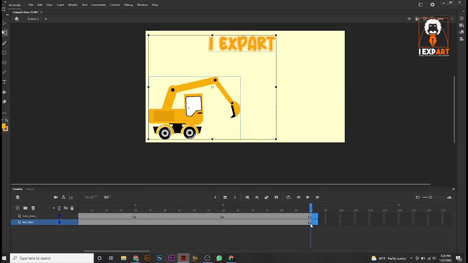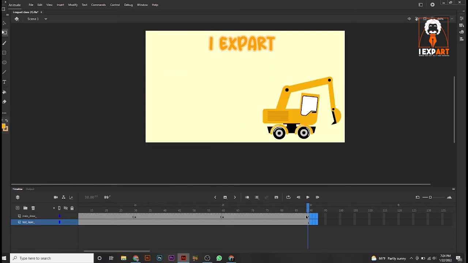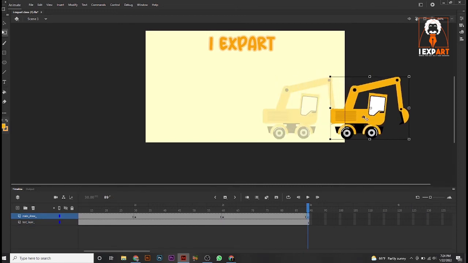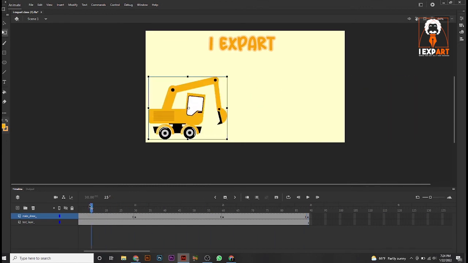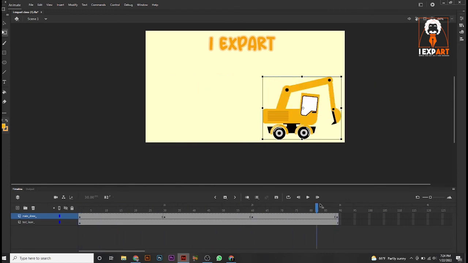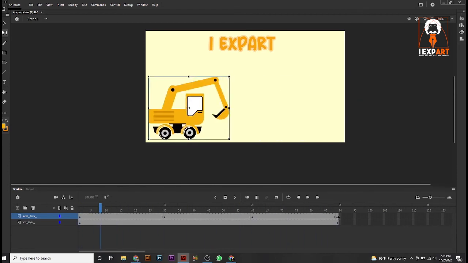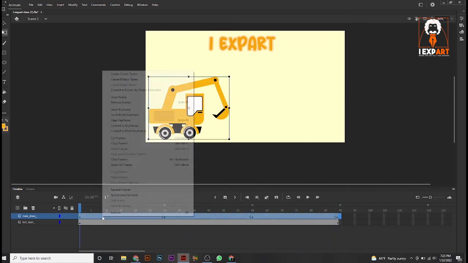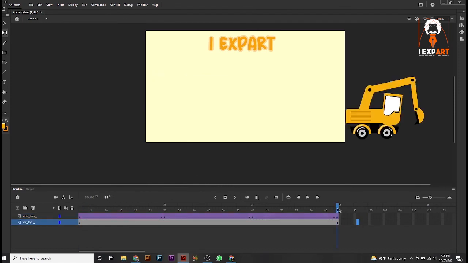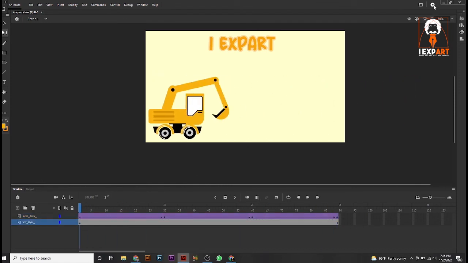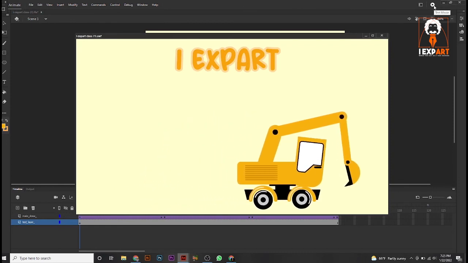and in here just delete some frames, Shift F5 to delete frames. So in here just F6 and throw it out. You see in here we also have the moving frame part. Now select all of them, right-click and create classic tweens. When you create the classic tweens, you will see this result, and it will be movement, and